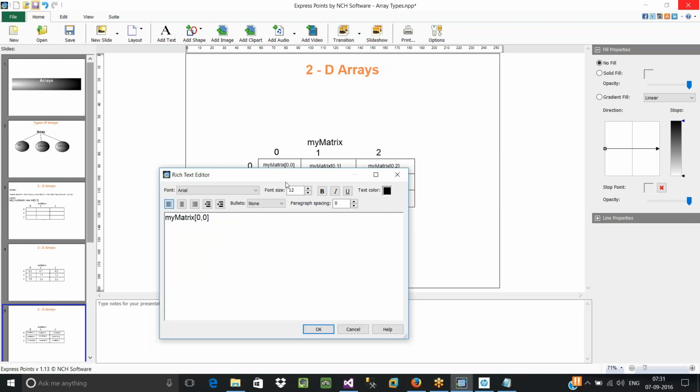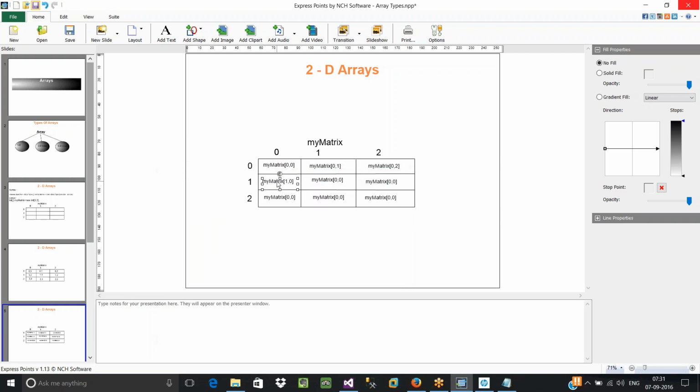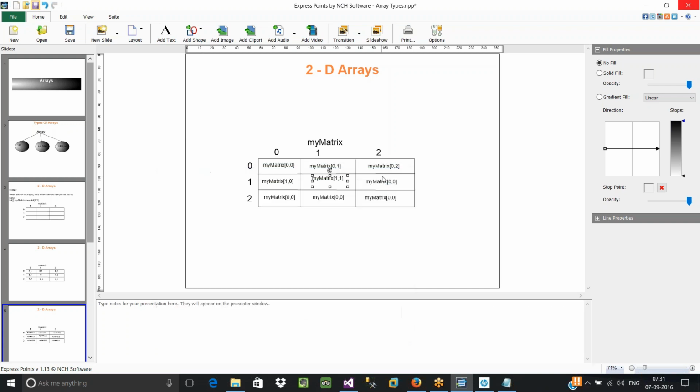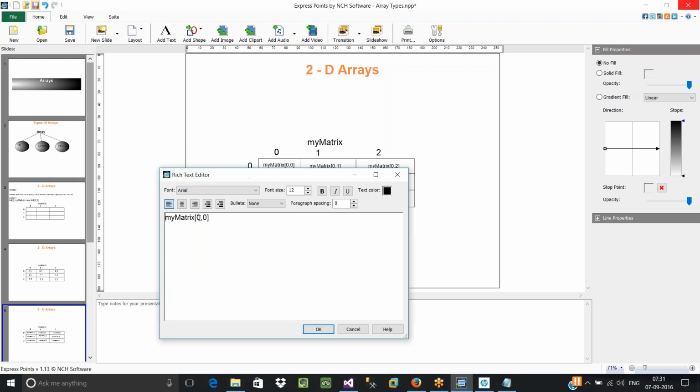And the address of this one is going to be, so this is located at first row and 0th column. It is going to be 1, 0. And this is going to be 1, 1, and this is going to be 1 comma 2.